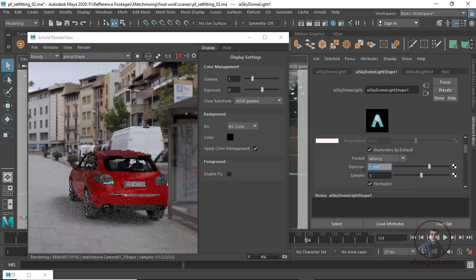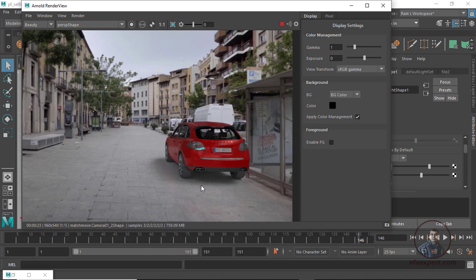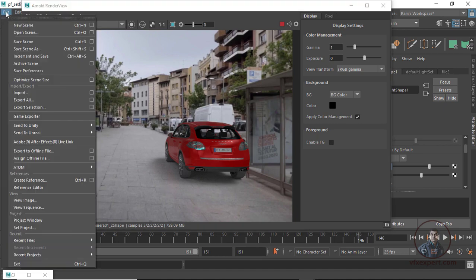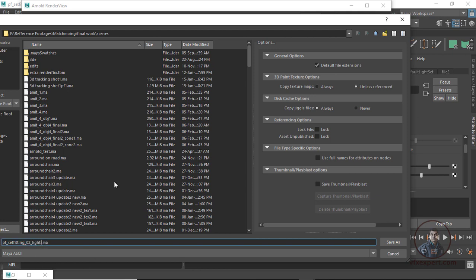Okay, just check this render first. Wait, now here you will see this is taking too much time. Okay, now see, I think this is sufficient for our scene. Remaining things you will adjust according to your knowledge. Okay, so till here save our scene. So I am going to increment save as. Okay, now save this one.